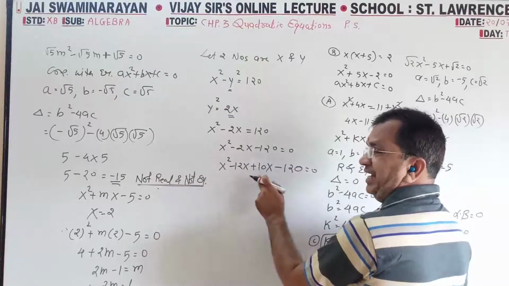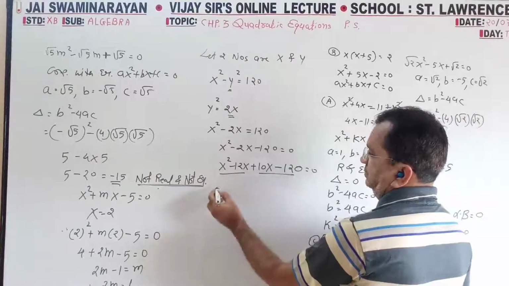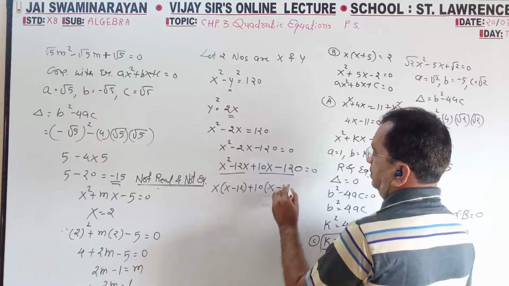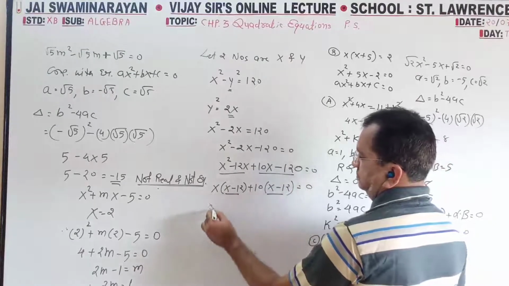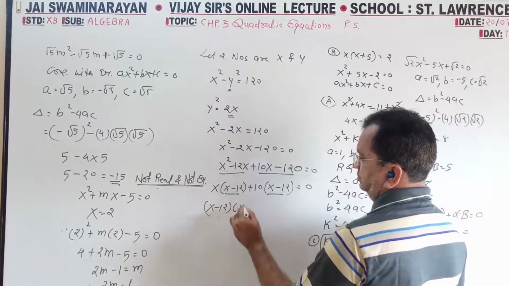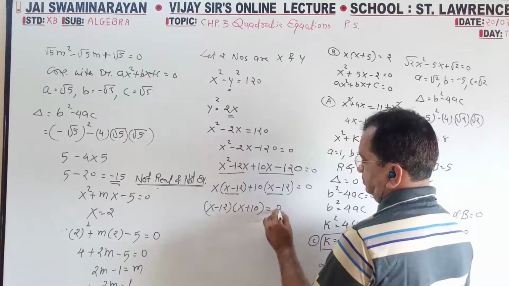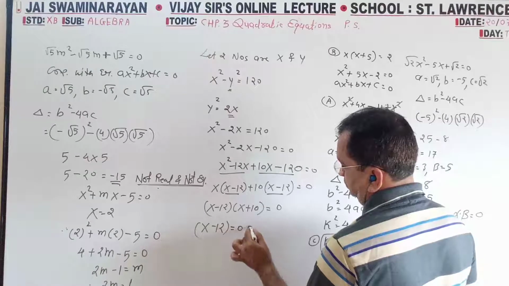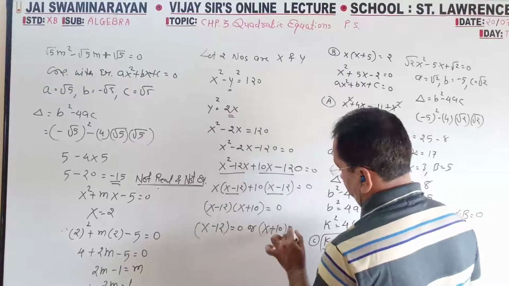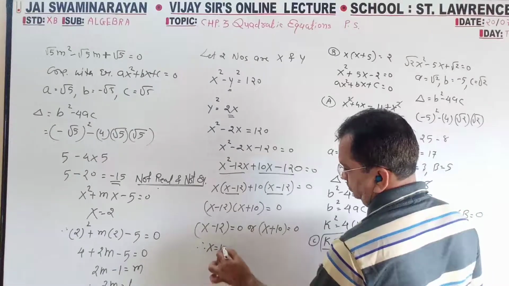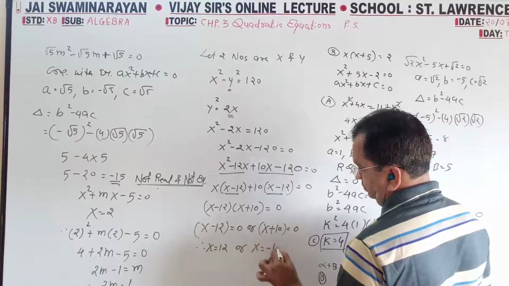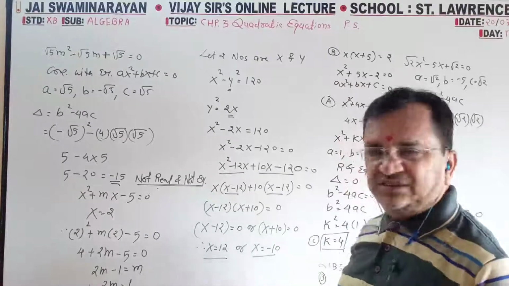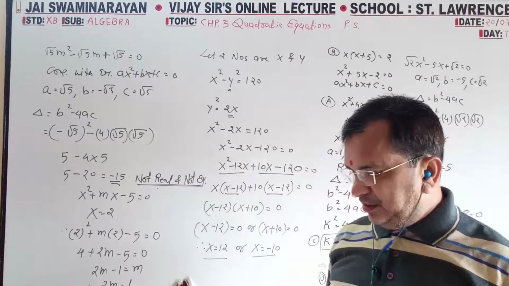So 120 means 12 tens. So there are two answers, x is equal to 12 or minus 10, but